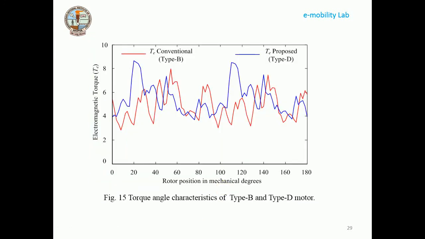Now this is the torque characteristic that we have. The red one is the conventional design with 1 mm thickness, and the blue one is what we have proposed. We have decreased the width of this radial rib at the center point to get some increment in the torque. We actually have an 8% increment in the torque.